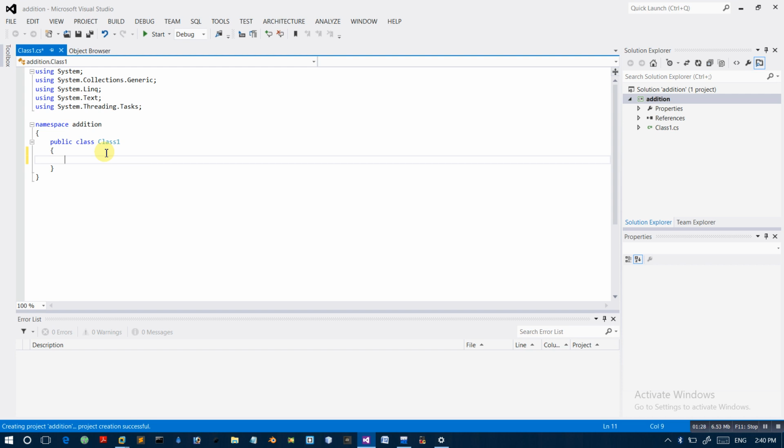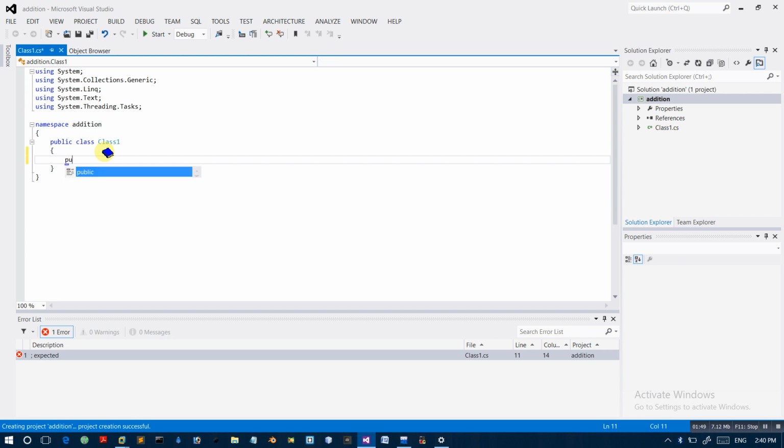Then we have to write the code which is the backend of the application form we are creating using the Windows application form. Whatever process is performed in the backside of the Windows application form, we have to write that code. So first of all, we are writing the addition code. We have to take public